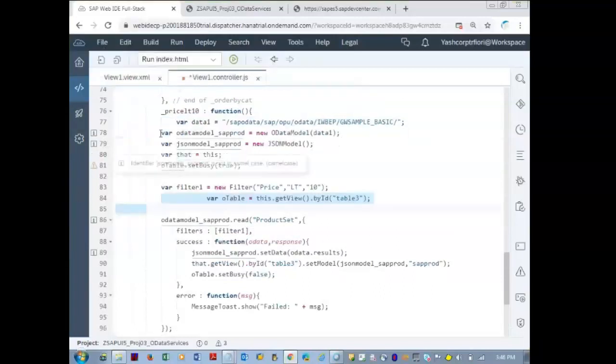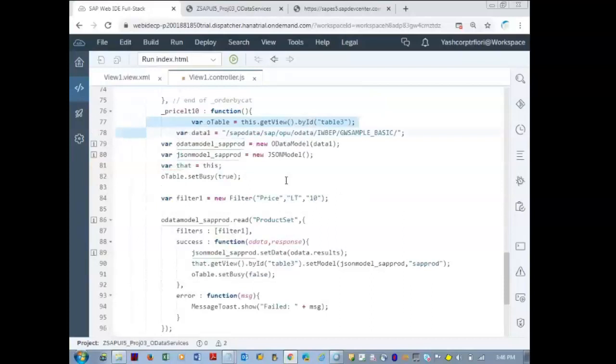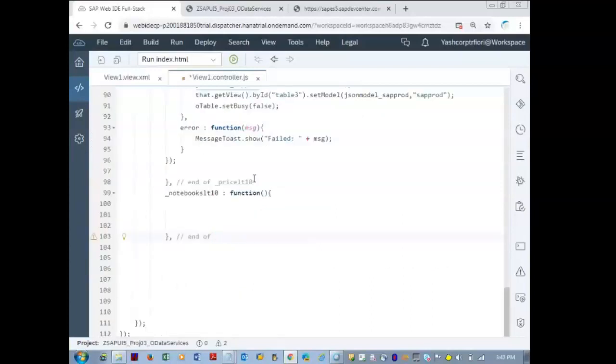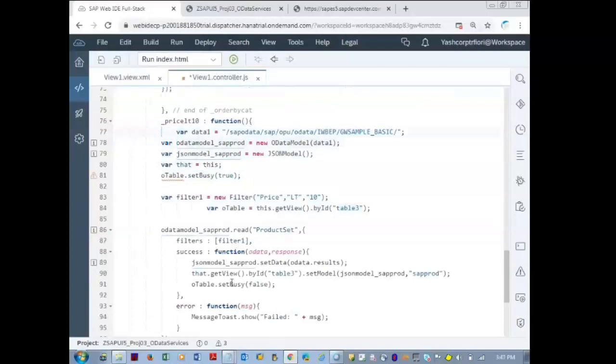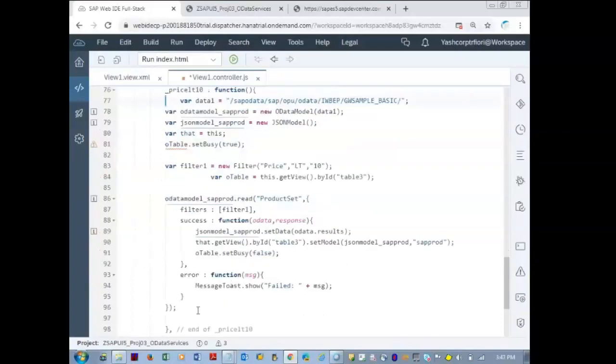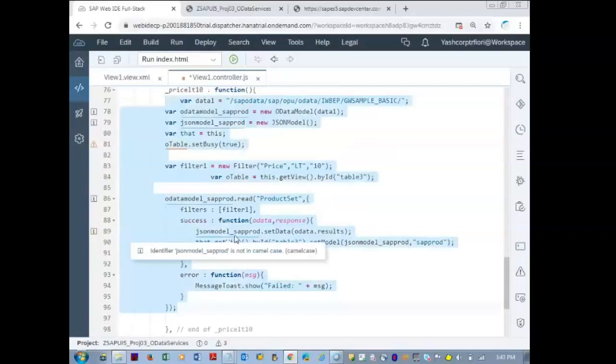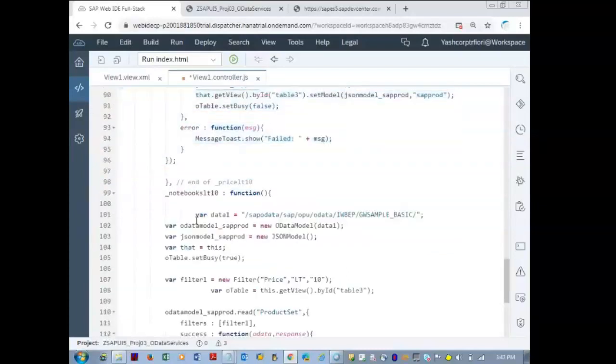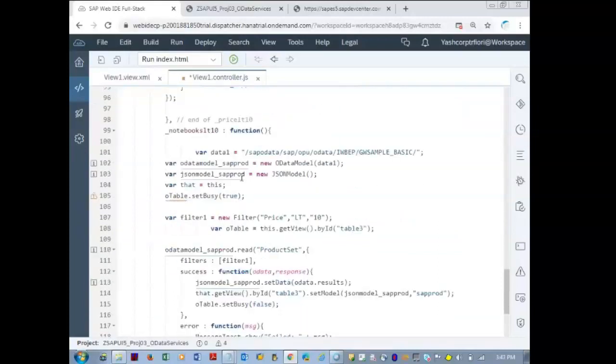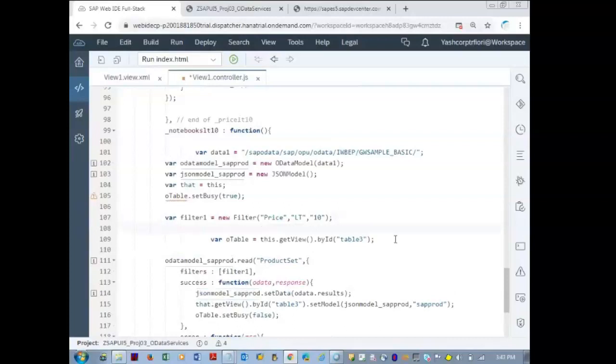Copy that code, and add another filter here.